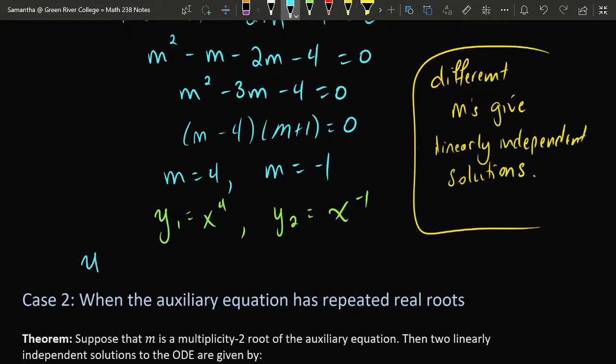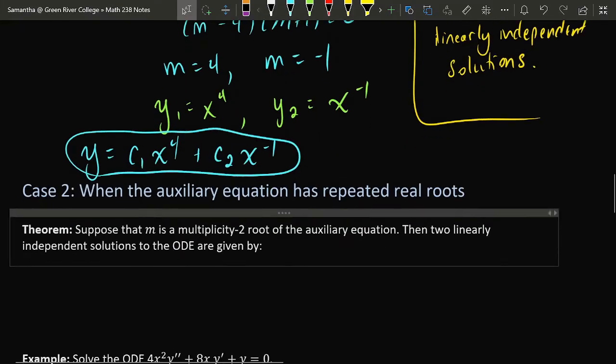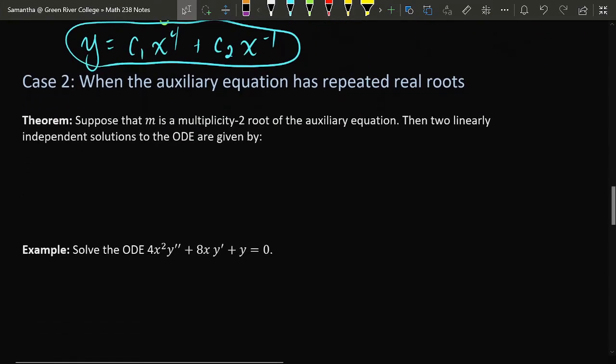So now we have our general solution: y equals c1 x to the 4th power plus c2 x to the negative 1, which is valid for positive x's. Case number 2: what happens if your auxiliary equation has a repeated root? In that case, if your root is repeated and has multiplicity 2, specifically, if it shows up 2 times